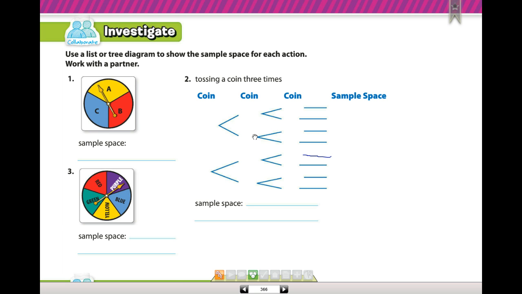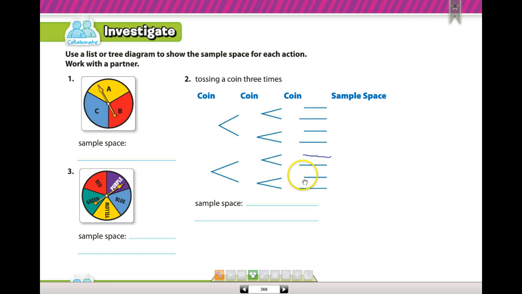If we flip the coin a 3rd time, we can also get heads or tails, in which case our sample space could read heads, heads, heads, if we follow the top part, or heads, tails, heads, and you get the idea, kind of like what we did before. You should see here we should have a total of 1, 2, 3, 4, 5, 6, 7, 8